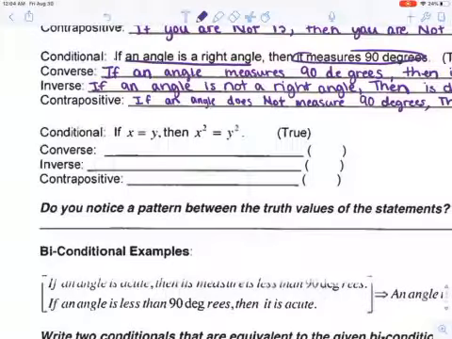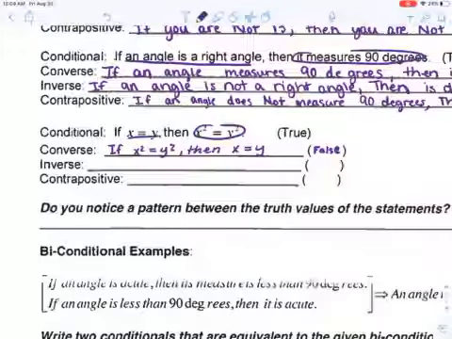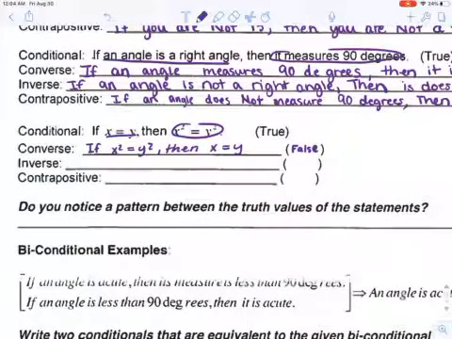We get to our last statement, and it says, if x equals y, then x squared equals y squared. This is a true statement. We are going to flip our hypothesis and our conclusion to write the converse. If x squared equals y squared, then x equals y. This statement is false